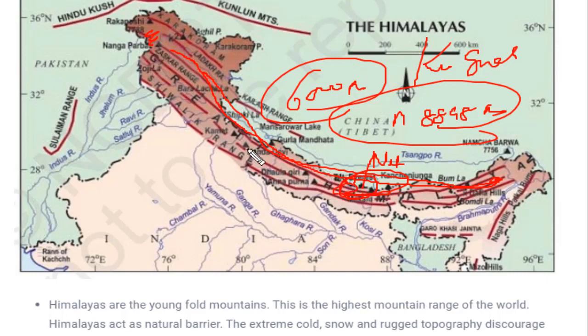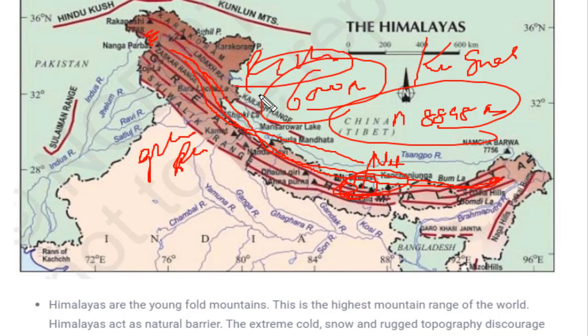And what else do we have to see? There are many glaciers. What are glaciers? We have studied the erosional effect of glaciers. The glaciers are the sources of rivers. These glaciers descend in the mountains which are present in this Greater Himalayas. So there are several glaciers, and rivers like Ganga, Yamuna, all these kinds of rivers originate from this Greater Himalaya region only.